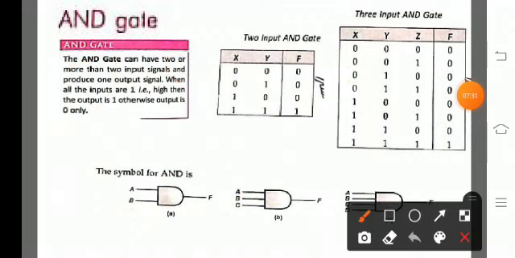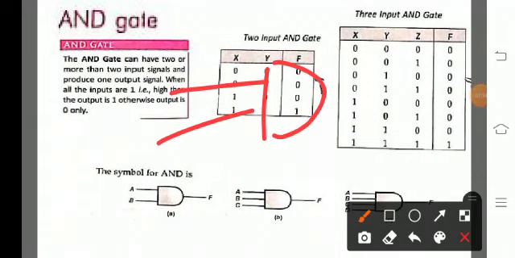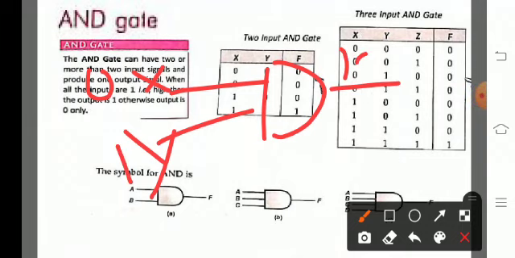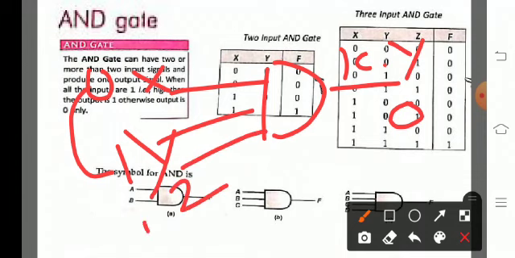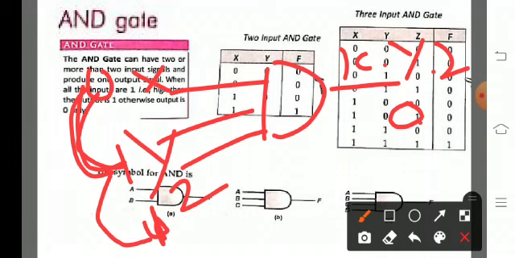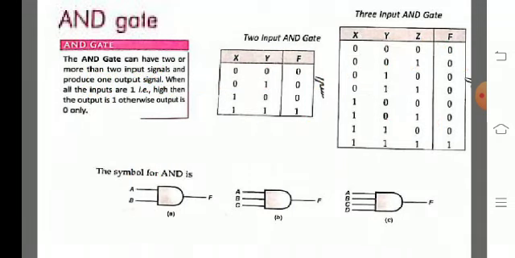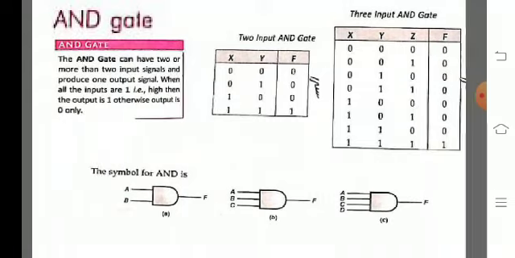So I will write using numbers. If the AND gate has 2 inputs X, Y, and the X value is 0, Y value is 1, the answer is X dot Y, the answer is 0, because 0 multiplied with 1 is 0. Suppose you get another one, Z is also 1. 1 into 0 dot Z, you can add. 1 into 0 is 0, then 0 into 1, again you will get 0. Okay. So this is the AND gate symbol, truth table and the definition.